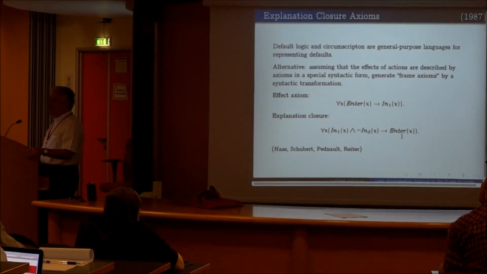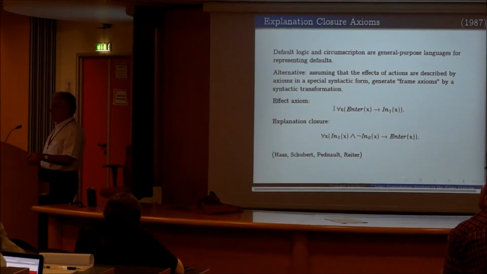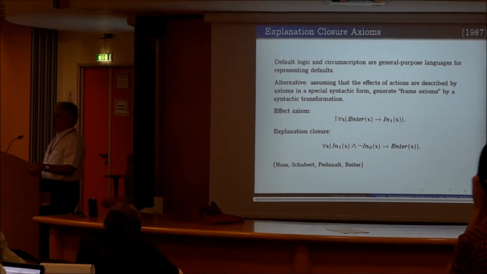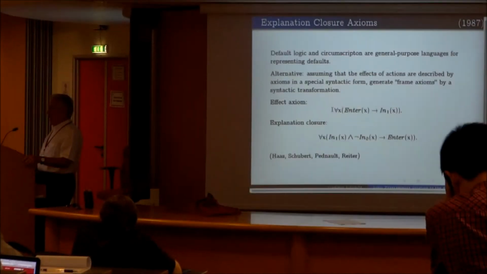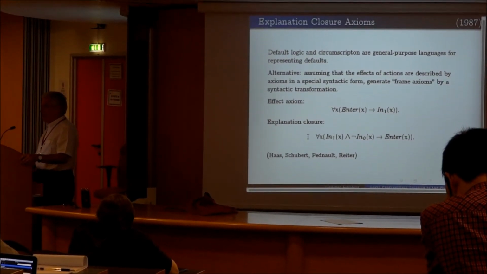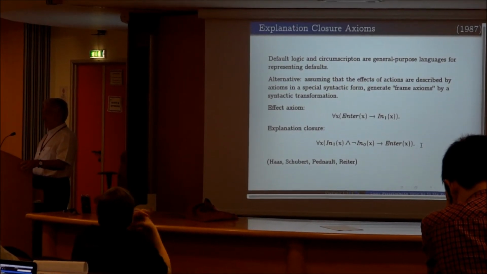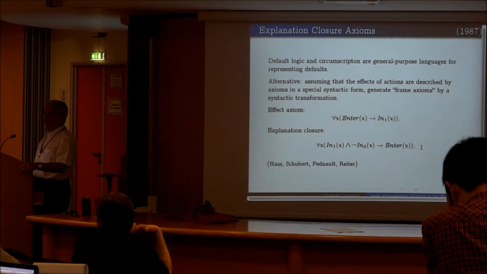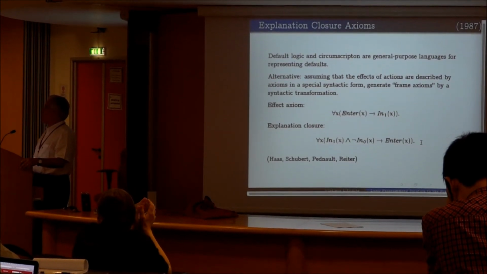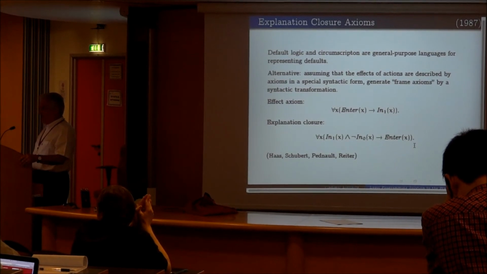So the idea of this explanation closure approach is to describe a syntactic process that extends a set of effect axioms by adding a set of corresponding explanation closure axioms, and in the presence of the explanation closure axioms, the frame problem would be solved. And that works very nicely, and for this reason,